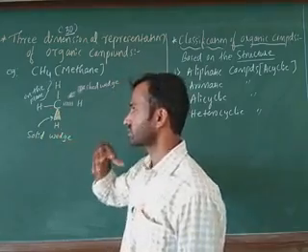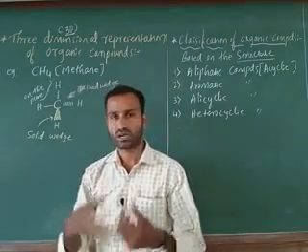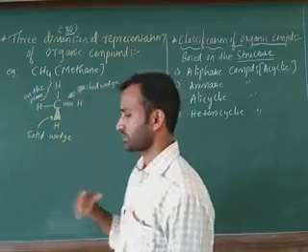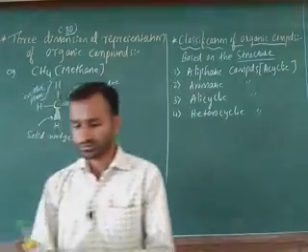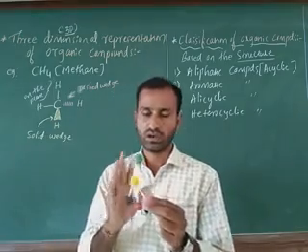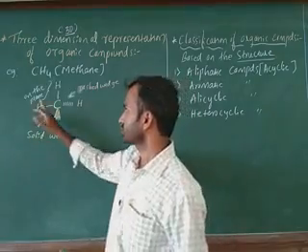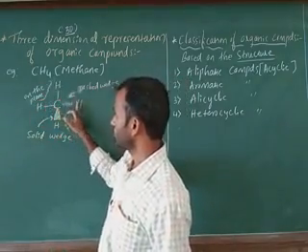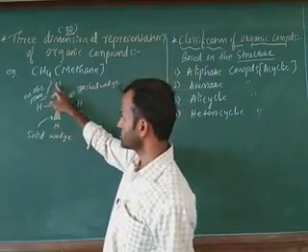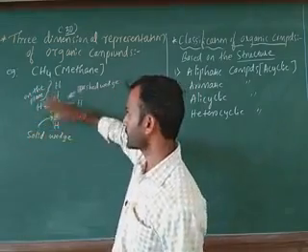What is the geometry of CH4? Tetrahedral. The carbon containing 4 hydrogens indicates a tetrahedral structure. Here I am going to show one example for CH4. This looks like the methane compound. Here, 1, 2, 3, 4, totally how many hydrogens are there? 4 hydrogens. These 2 hydrogens are on the plane.